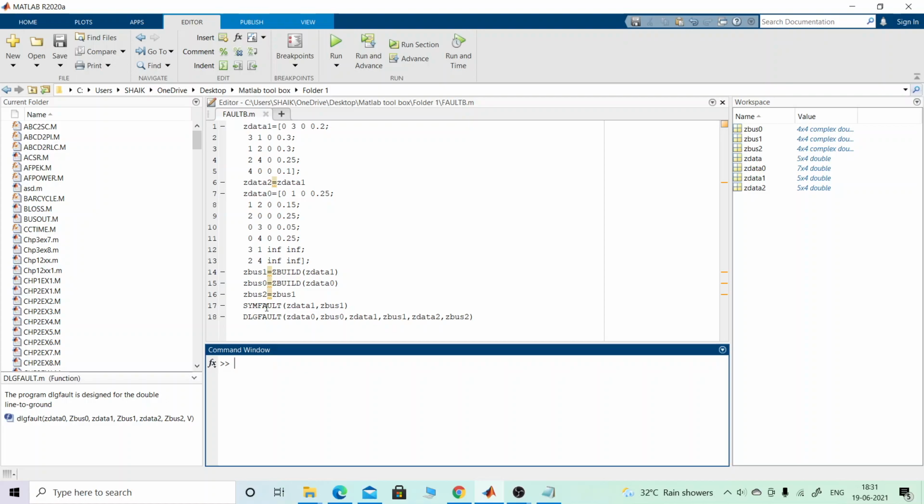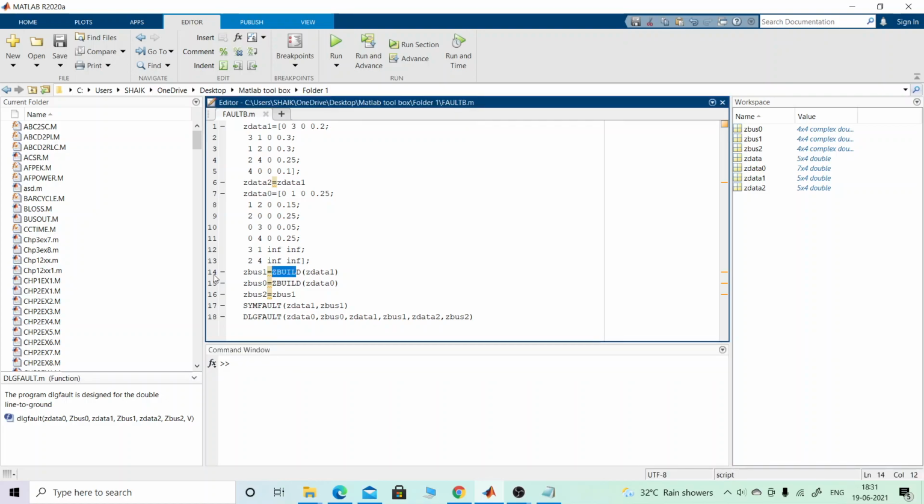So what does he require? Here the Zbuild. What is the Zbuild here? I am calling the Zbuild here. This Zbuild has to be in the same format. It is case sensitive, as I show here: Zbuild. Both are in capital, so both have to be present here. Zbus0 also has to be capital, as I have shown here. Both have to be in the same format, either both in small letters or both in capital letters, anyone.